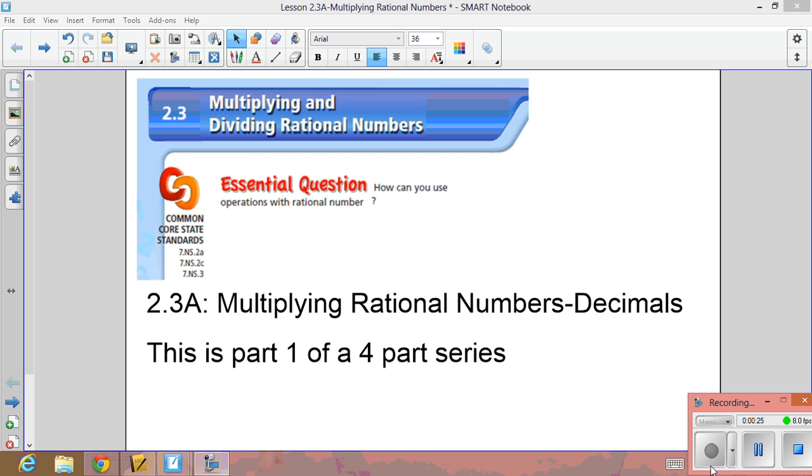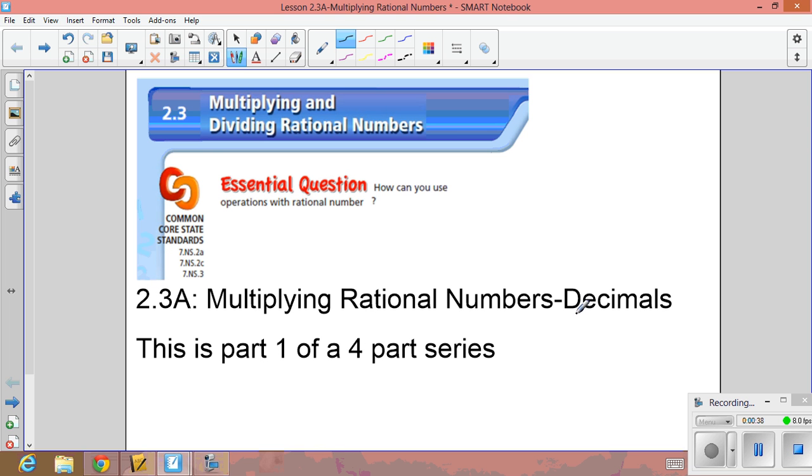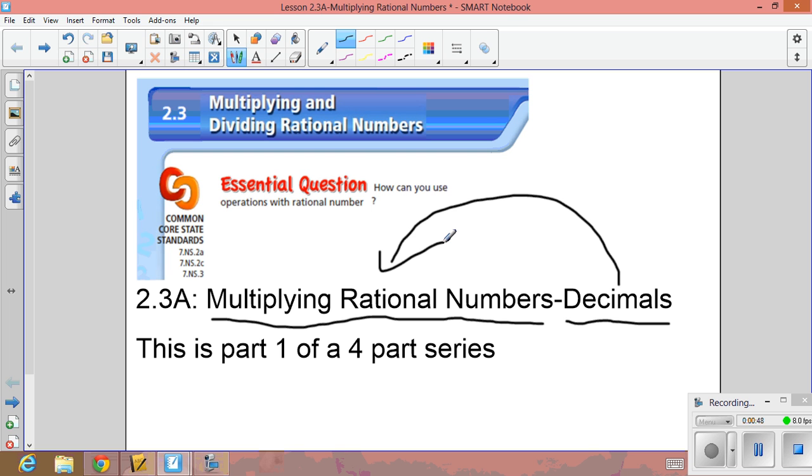So our essential question for today is, how can you use operations with rational numbers? And today that operation is multiplication, and we are specifically going to use decimals only. So if you take a look, we have decimals. We're going to be multiplying rational numbers, and since decimals are rational numbers, today we're just going to learn how to multiply decimals. So have your notebooks ready,